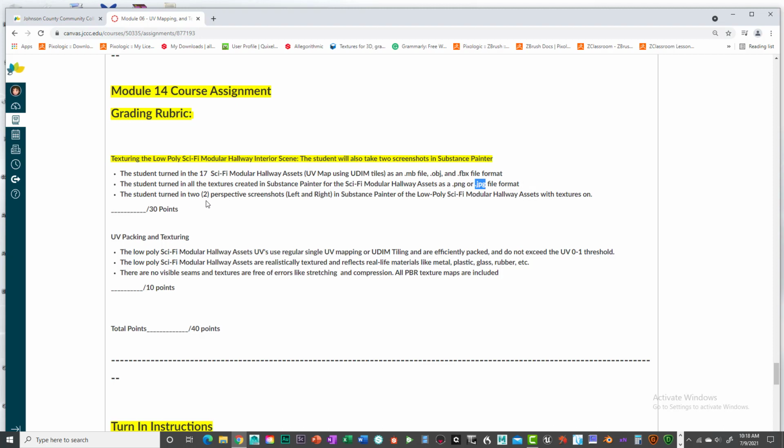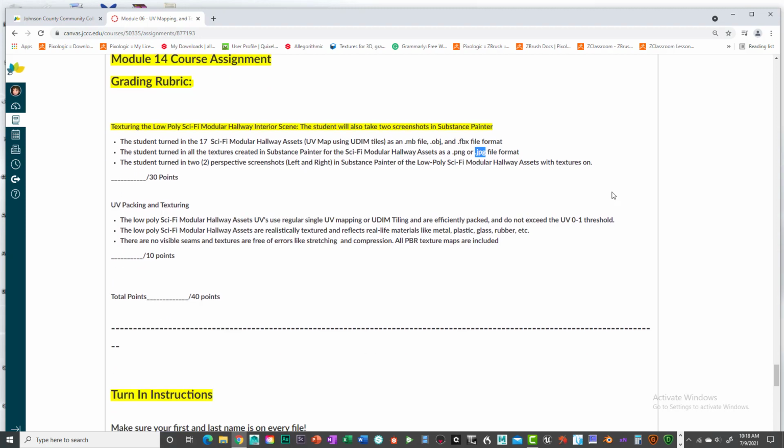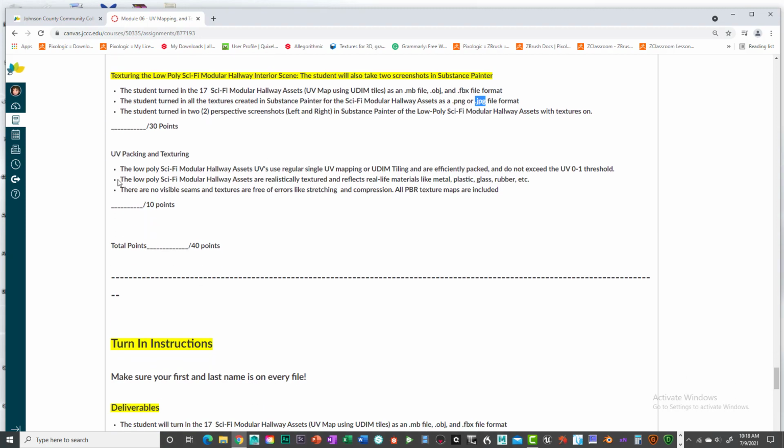Okay? You're going to need to turn in 2 perspective screenshots, left and right, in Substance Painter of the low poly modular assets with all the textures on. Okay? UV packing, how am I going to grade you on that? Well, you need to basically UV map and UDIM tile, efficiently packed, and do not exceed the UV 0 to 1 threshold. Basically, do not go outside of the box. They need to be realistically textured and reflect real-life materials like metal, plastics, glass, rubber, etc. I don't want you guys using crazy, weird textures on your